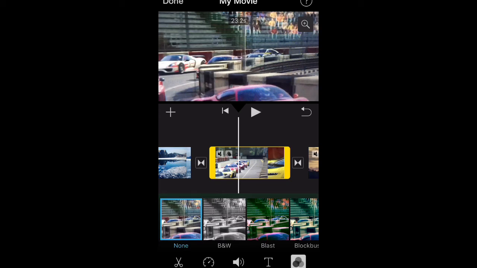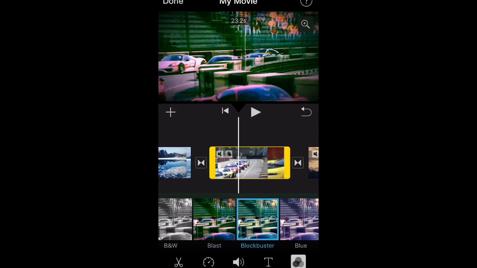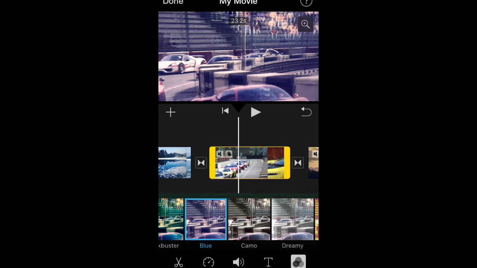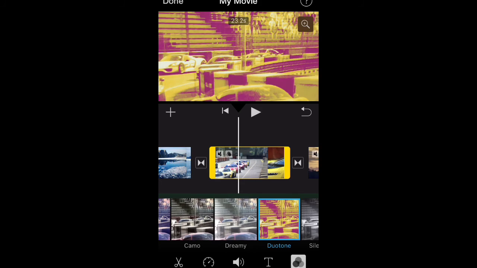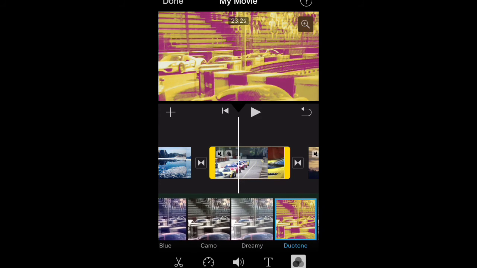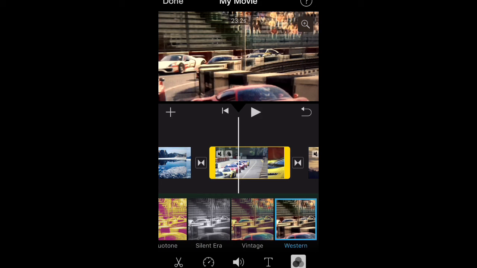If I choose the first one, there's nothing. If I choose the second one, it makes it black and white, and this one again enhances its color scheme. So different kinds of options are there, like the normal filters that we use in different applications. I'll select the last one and I'll press done.